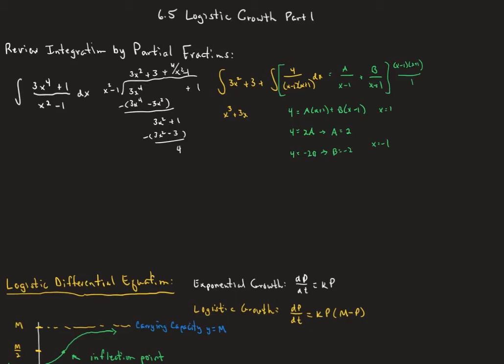So our second integral has now become 2 over x minus 1, and then we're going to get minus 2 over x plus 1. And so the integral is going to be 2 natural log of x minus 1 minus 2 natural log